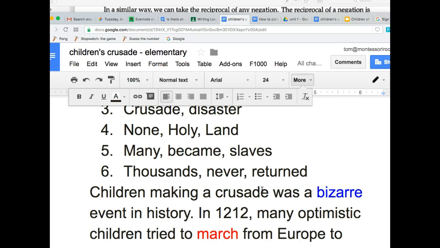Out of reach is an adverb, but it's not an ly adverb. Is ran a good verb? Ran is a very ordinary verb. Let's try and do that. Jog. Galloped. Trotted. Just like out of reach describes the Holy Land, not